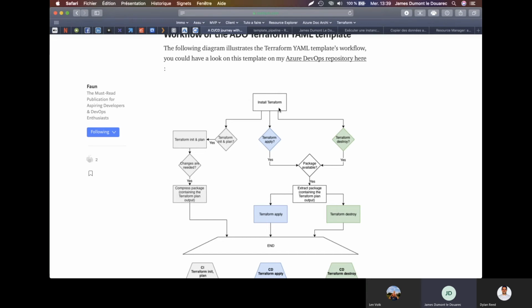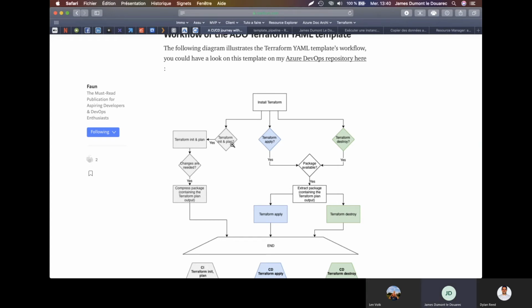And within those commandlets, when you proceed the Terraform command, you can give variable files. The YAML template also has those variable files as input, which could be secret files containing your service principal ID and secret, but it could also be a variable file where you have written down all the resources that you want to create in Azure.